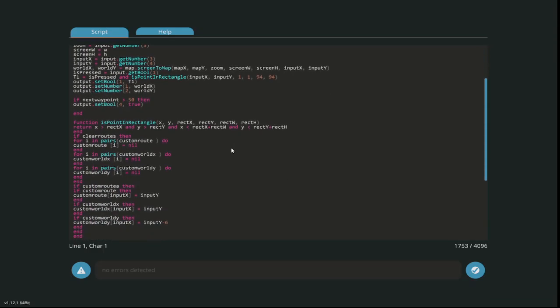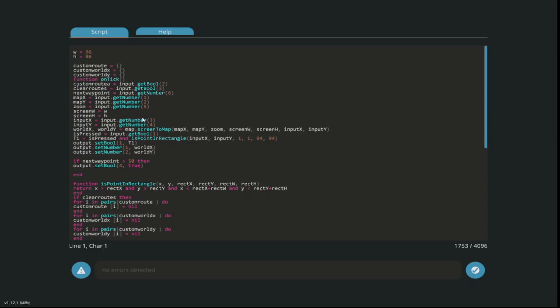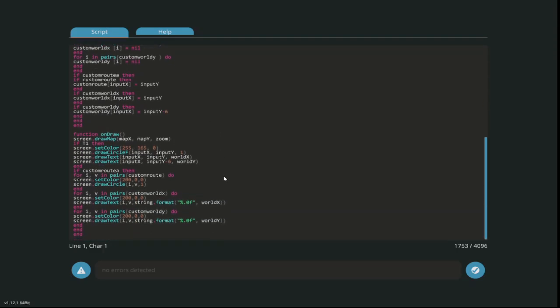So I could either add it under custom route. If custom route, then we could say like this: world X, world Y. It'd be the same thing. Input X equals world X. Input Y equals world Y. And then down here, I could tell it to